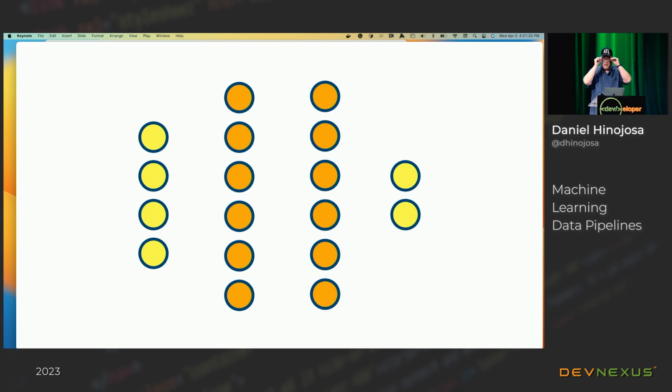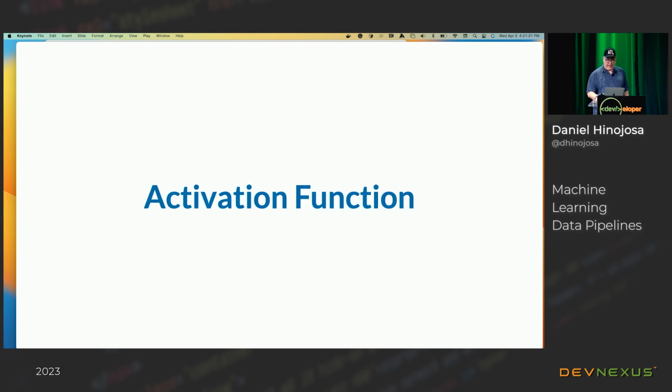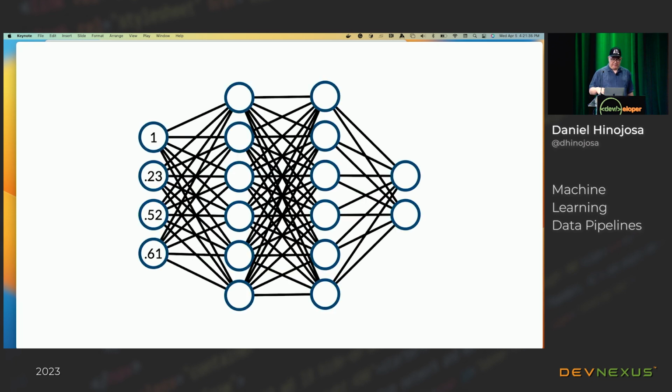Okay? And then I could have what's in the middle. Those are going to be called inner layers. Okay? And each one of these are neurons. Okay? And they're all tied together. And what they do is they activate. So based on some sort of input, and again, I could have like 100%, maybe that neuron's going to be turned on really high. Some are not, some are going to be kind of like partway there, but it's somewhere between 0 and 1. And then at the end, I get what's called a probability. So if it's rain, maybe the top one's rain, the bottom one's not rain, they should all equal to